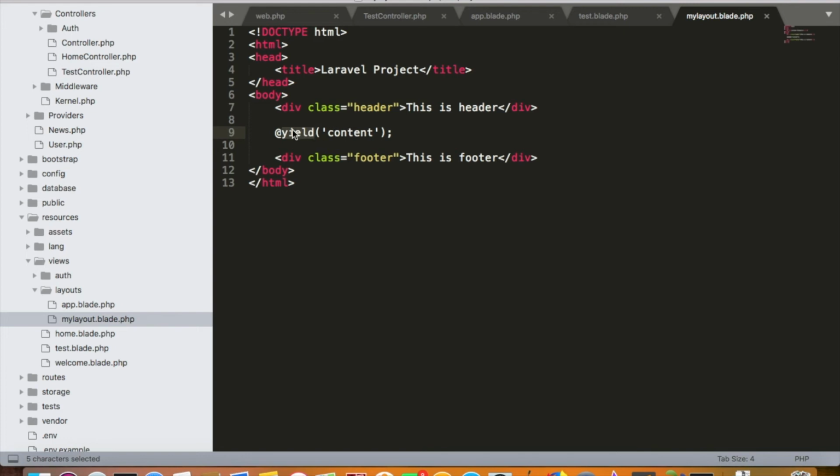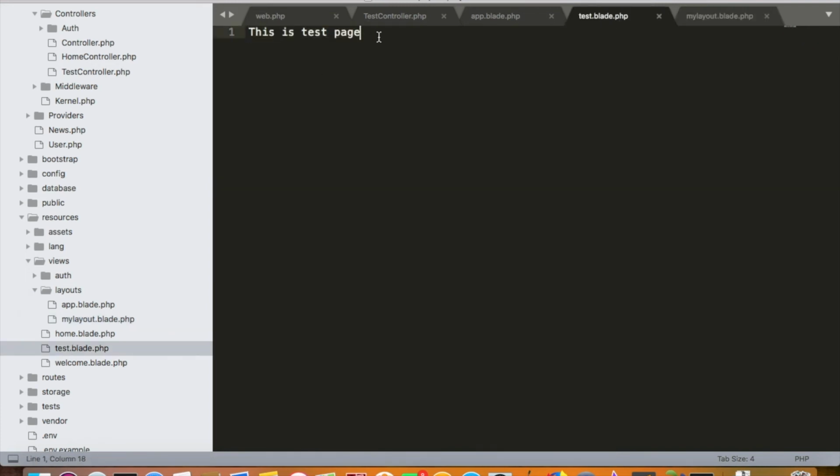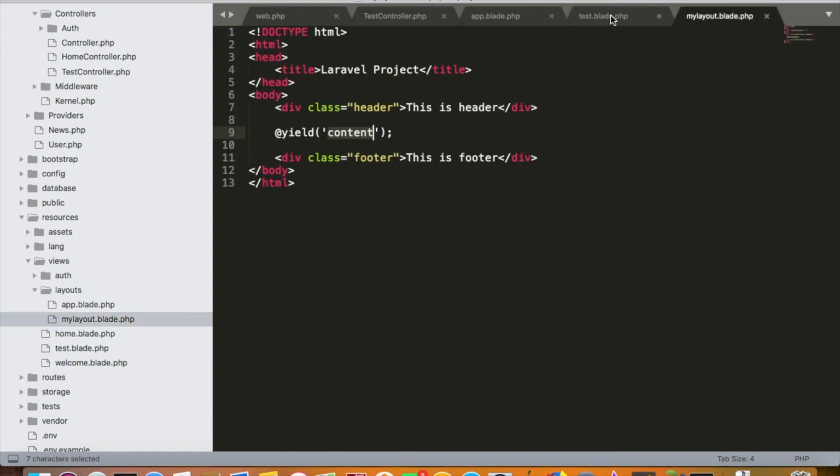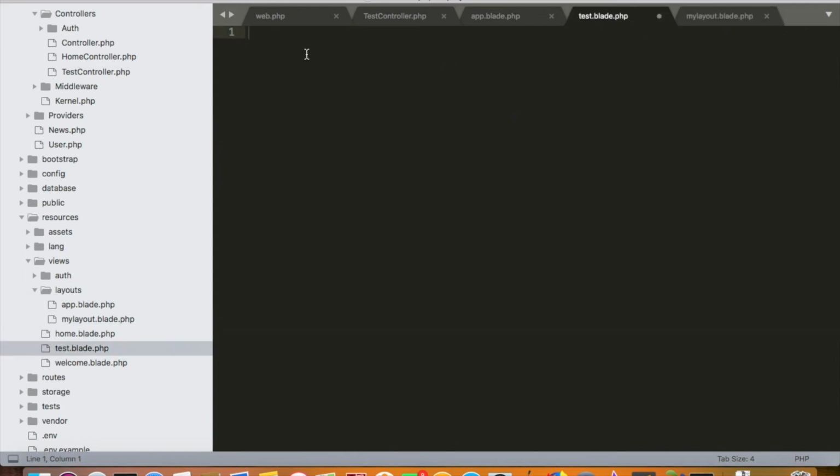So right now I'm just creating a yield function. I'm trying to load the section called content. So this section content should be defined inside our test blade. Now, in order to use this layout in my test blade, I need to extend this layout. So I need to call the function called extends